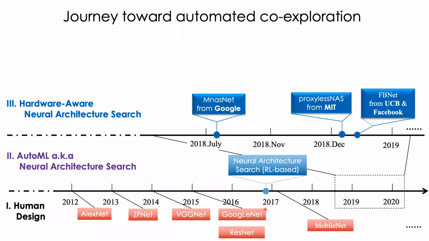That led us to creating what we call hardware-aware neural architecture search, meaning that we quickly realized that it's not enough for us to just try to optimize the algorithm. At the end of the day, as you've already established, you're going to deploy these neural networks on a device, let's say on a cell phone, on a mobile phone, that has limited amount of energy. It has limited amount of memory. That means even if you have a very highly accurate model that was designed in the cloud, it's not necessary that it would satisfy all those constraints on the edge device.